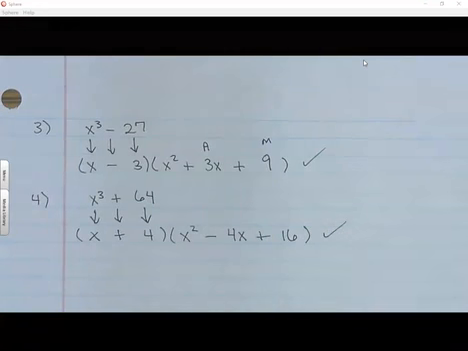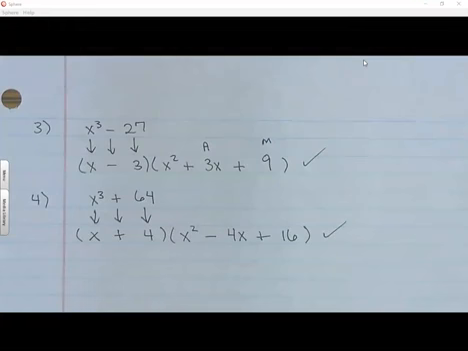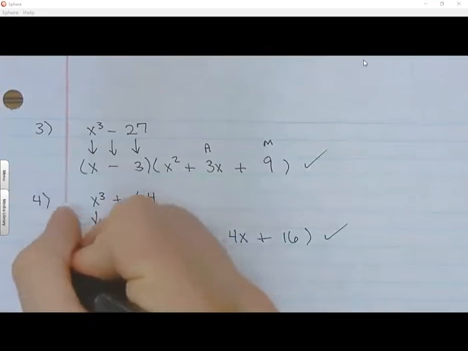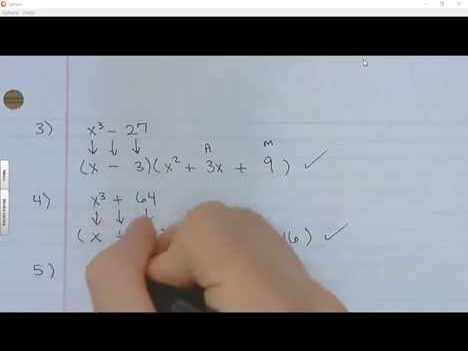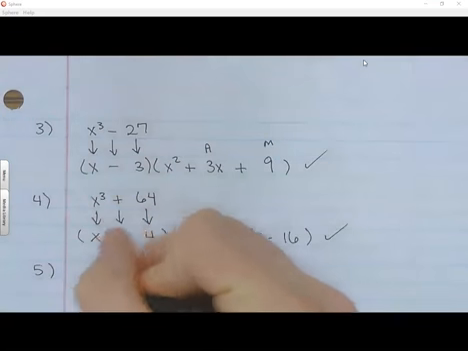Okay, that's number 4. Got about 13 minutes left, so let's just keep on going. Let's do number 5. Number 5 says x cubed minus 8. Let's bring down their signs